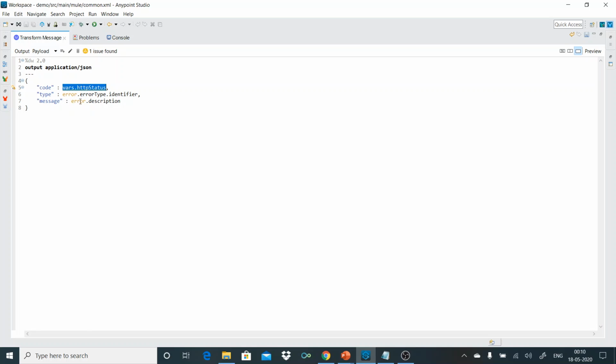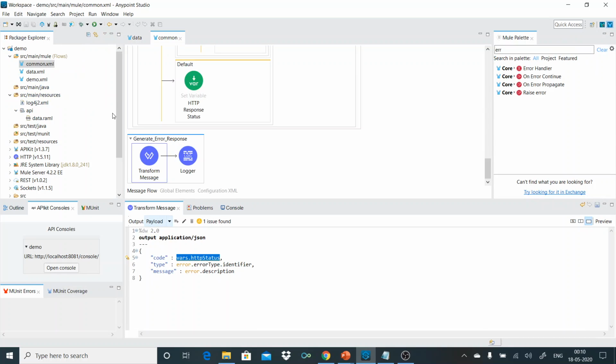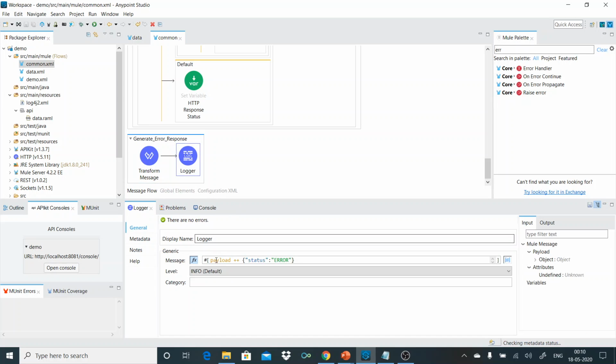So optionally, like I said, you can add issues or name that tag something else, whatever you want, so that it has additional details of what exactly went wrong. And the same payload should be logged as an error. Here I'm logging it on console, but in case you have your custom connector forwarding the logs to Splunk or some other log aggregator, a proper structure of that JSON should be followed.